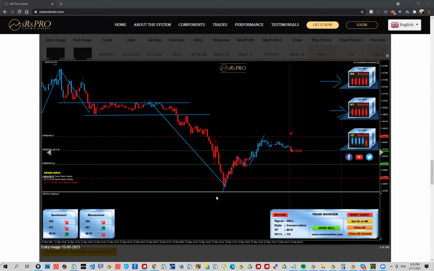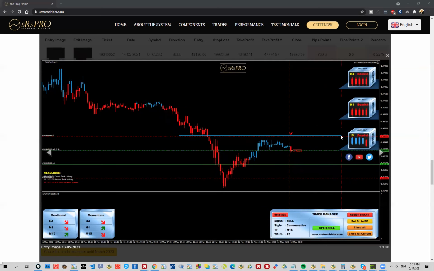Here we can see a pullback coming to some zone. This is not the best zone, in my opinion. That would be the optimal level, but these inner levels still make some kind of support for us, right? And we can actually mark this entire thing. Regardless, according to the ways I do that, this is going to be the first zone of attack, let's say, and this is going to be my optimal zone of attack right there.